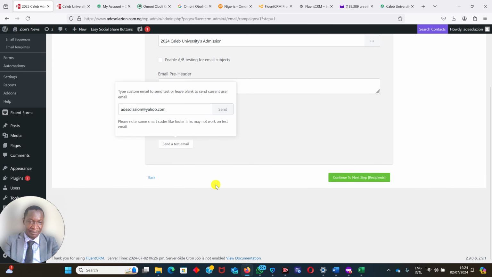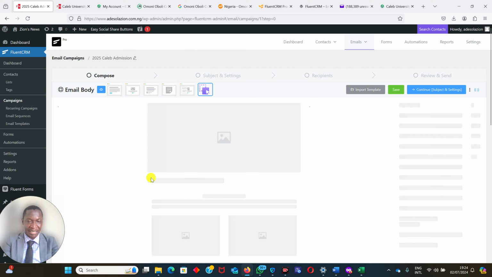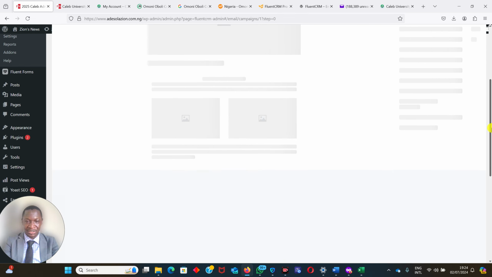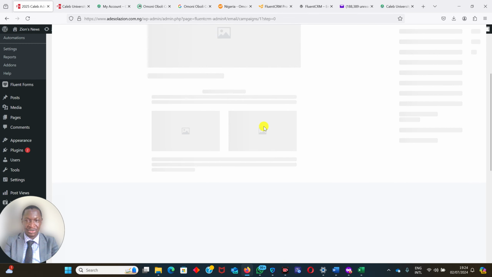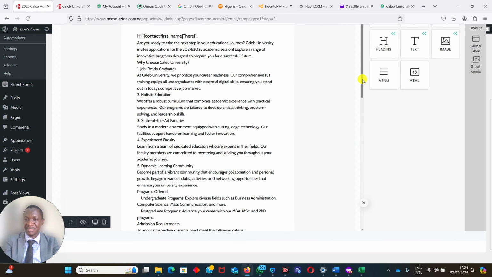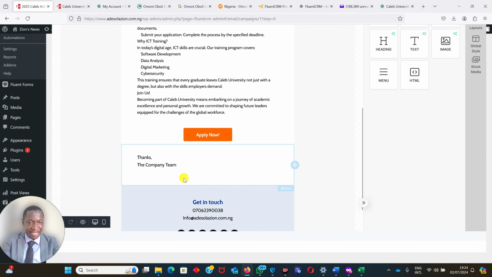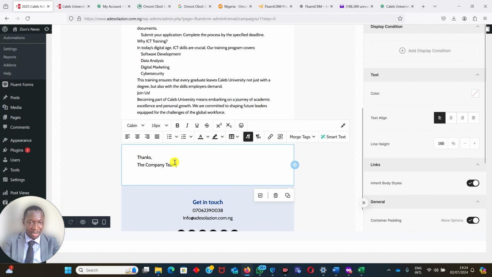You can see the back button. So I click back, then I scroll. Let it load. Okay, waiting for it to load. So it has loaded, so I come back. I change this to Zion's News.